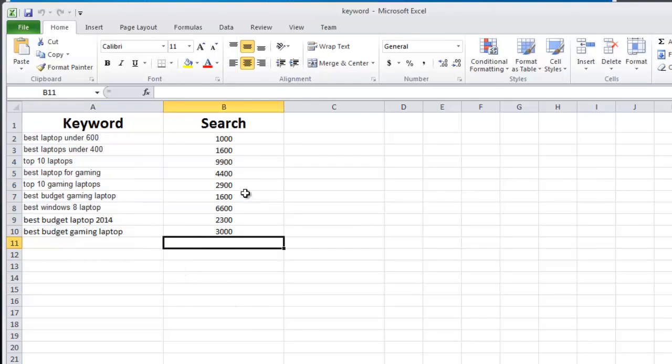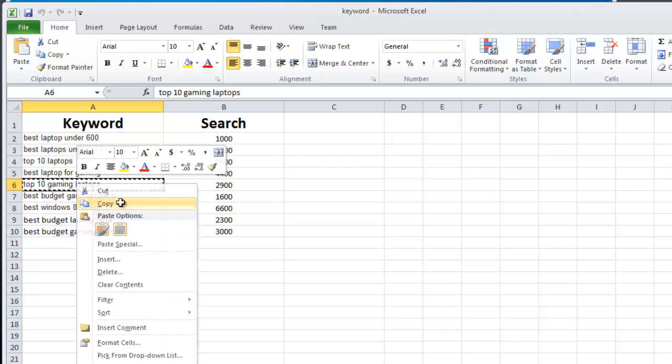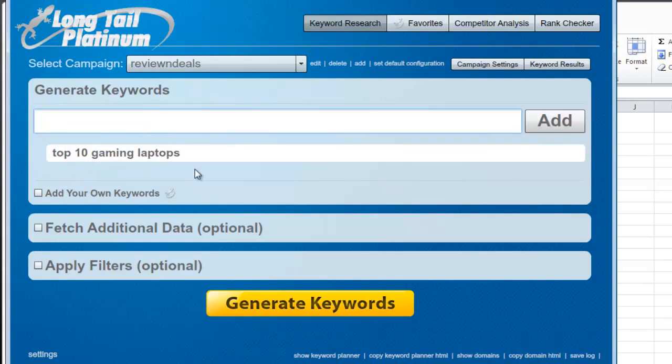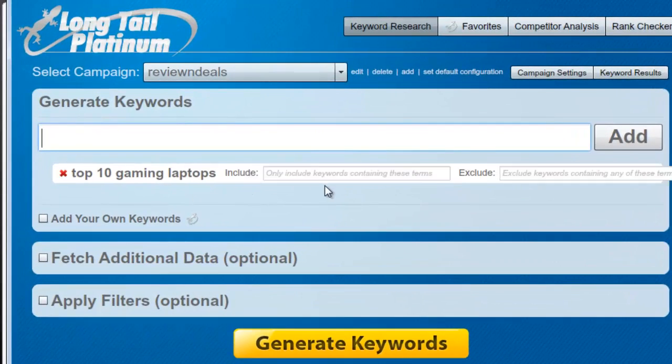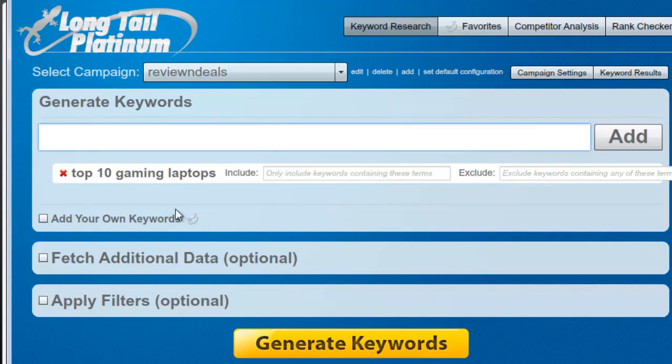Let me add a keyword, top 10 gaming laptop. So copy your keyword and paste it here. So it will add it to the keyword ideas. Now the next thing, if you want to include or exclude some terms, you can write your term here, and